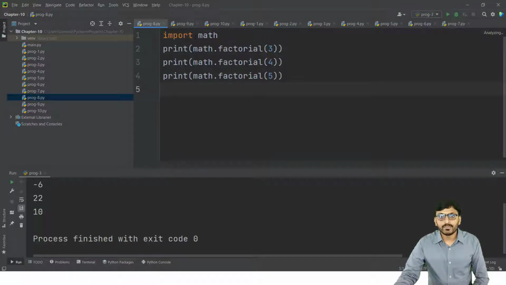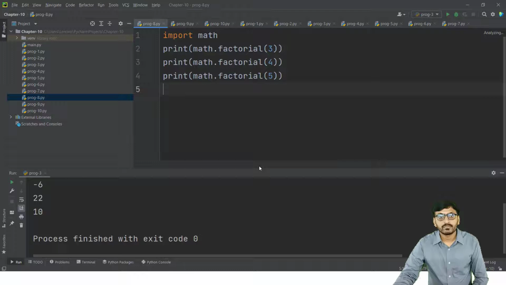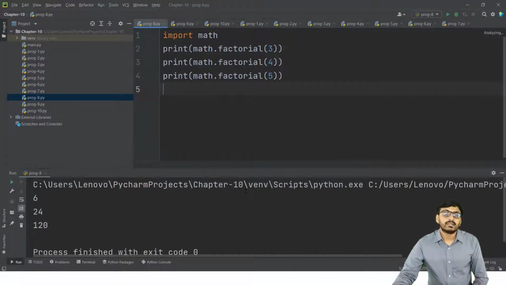Same program: import math, then math.factorial(3), math.factorial(4), math.factorial(5). If we run this program, the answers are 6, 24 and 120.